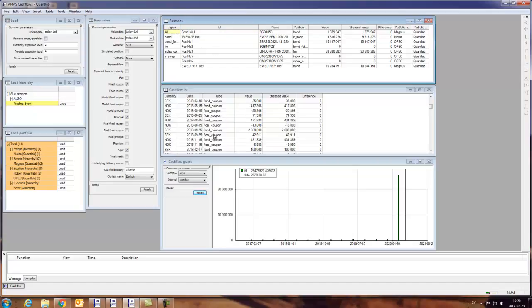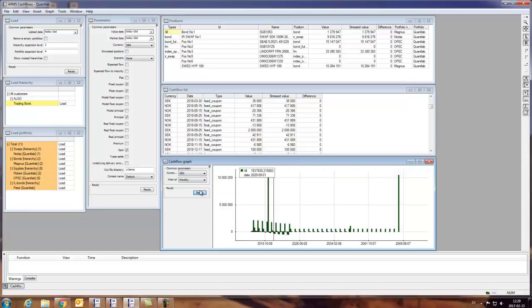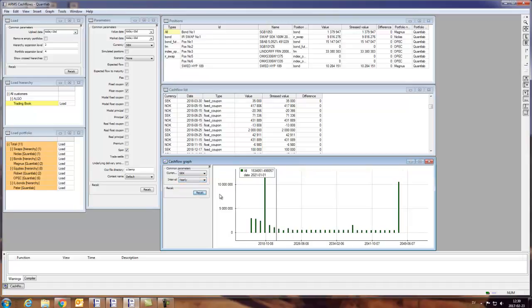So what we have down here, we have a cash flow graph. So we can see by currency, we can choose all cash flows in one currency, and we can set interval to daily, monthly, weekly to get them grouped. And you can see we're showing the net cash flow when we're in the all,